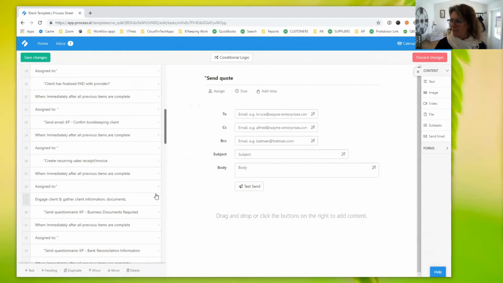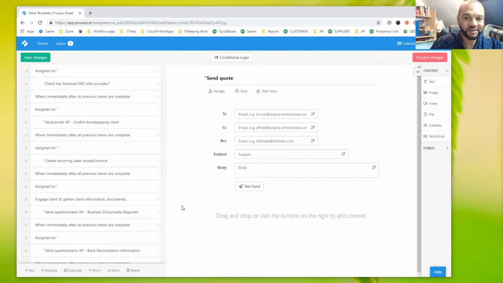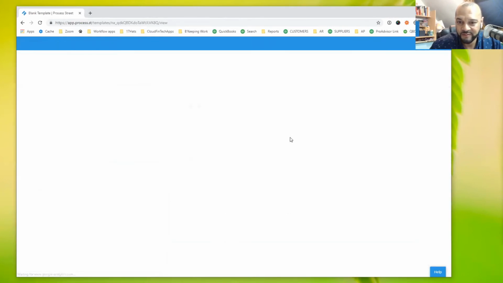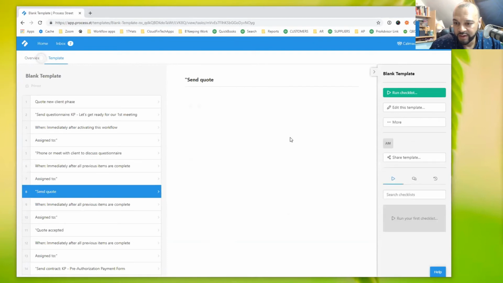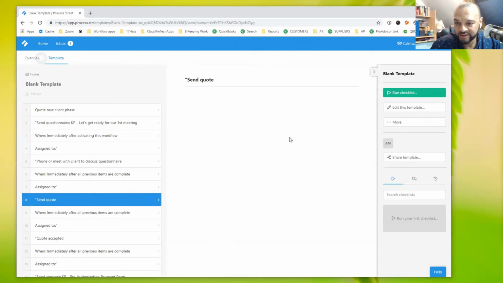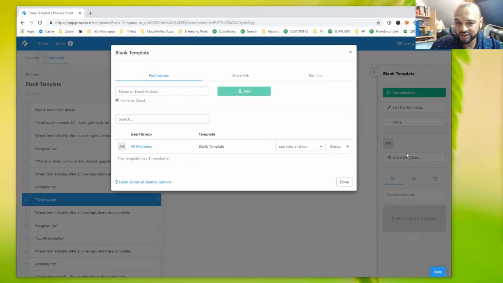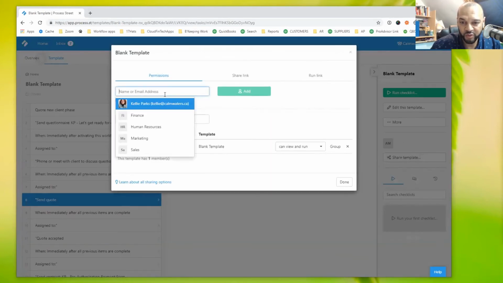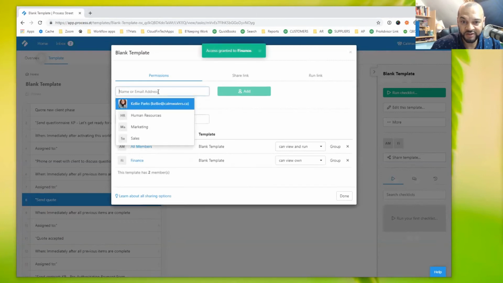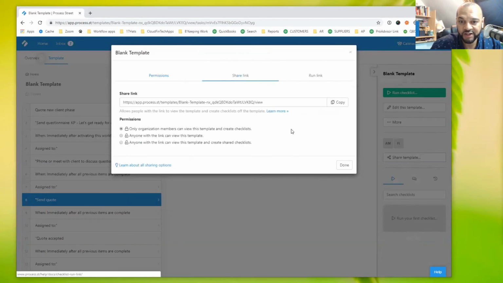Actually, I'll just show you one more thing. Just in terms of sharing, if you hit save there at the top left, then you'll see on the right hand side there's an option to share the template. If you wanted to share the actual template with someone, you've got a few options there. You can add them to it, or next to that there's a share link. If you hit that share link, it gives you a link so you can share the entire